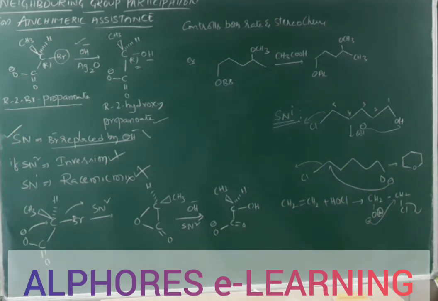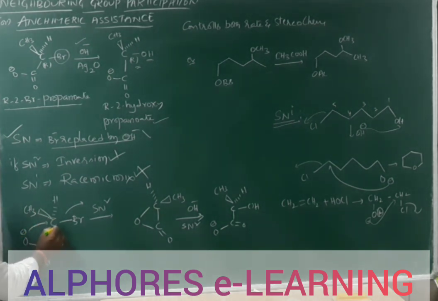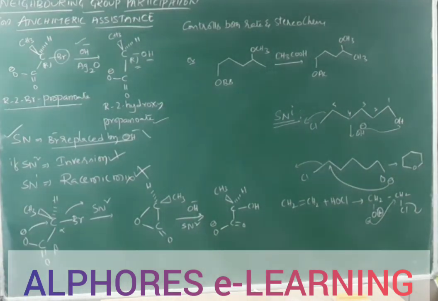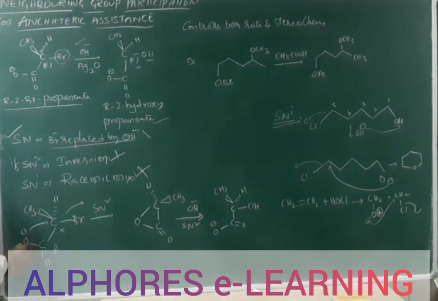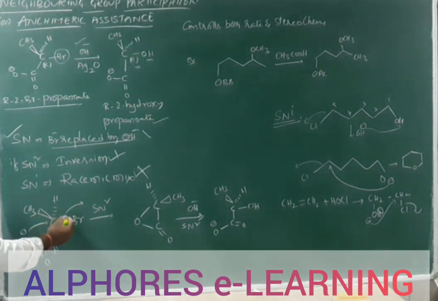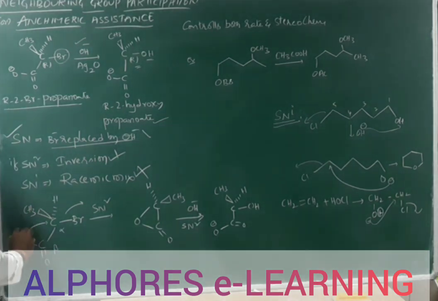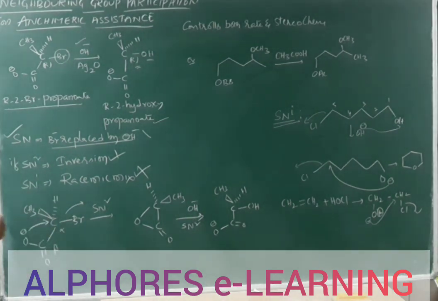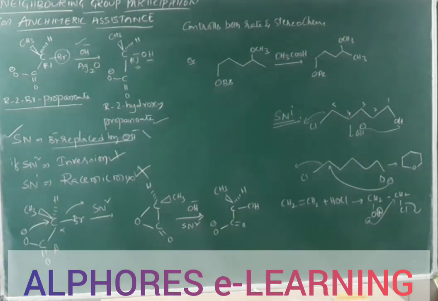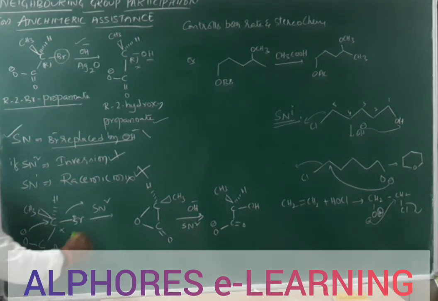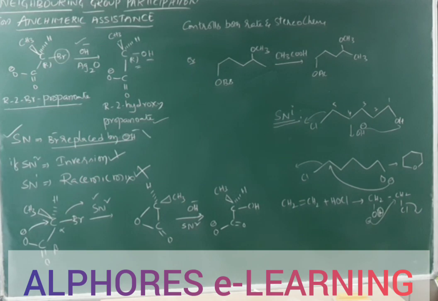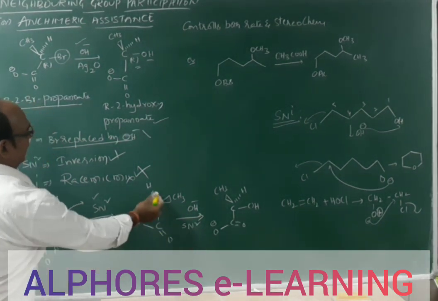So how does this reaction proceed? Have a look. This C double bond O minus is the adjacent carbon; with respect to the leaving group, this is alpha and this is beta. If the beta carbon containing O minus takes part in the reaction, it helps the leaving group to leave, and this O minus provides an electron pair from the rear side with respect to the leaving group Br. That means O minus approaches that electrophilic carbon from the rear side. Because of rear side attack, we can say SN2 mechanism. As a result you get an epoxide-like product.